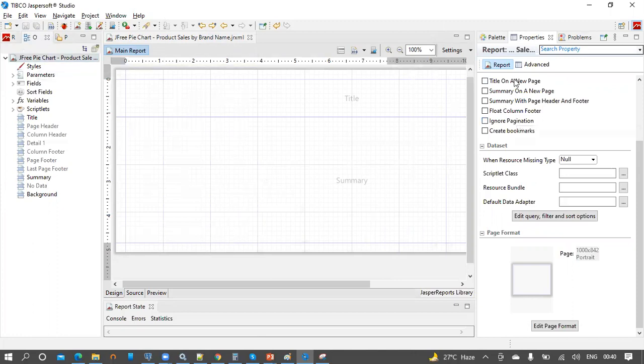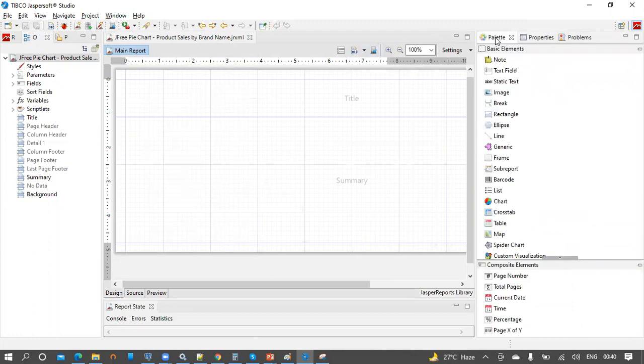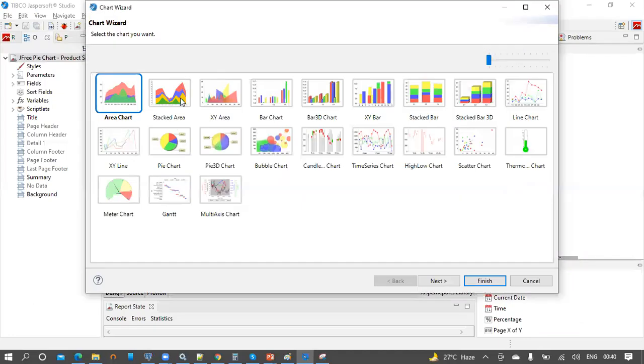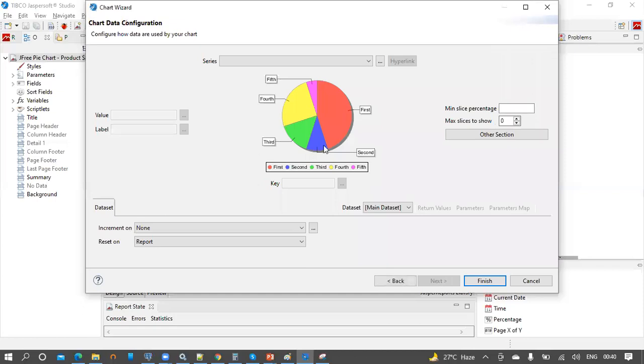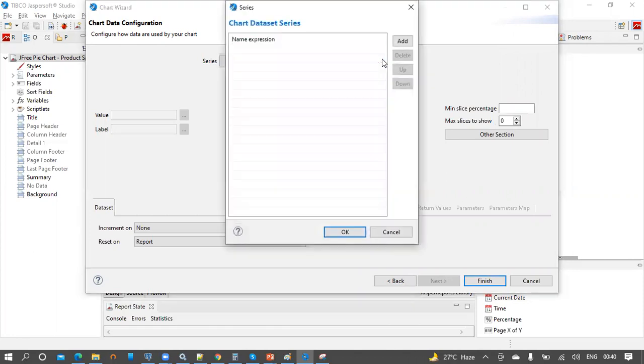I have just saved the report, and to have the basic pie chart, click on the palette, select the chart element, and drag it onto the summary band. Let us select the pie chart, then click on next, and in the chart configuration wizard, let us add a dummy series here first.